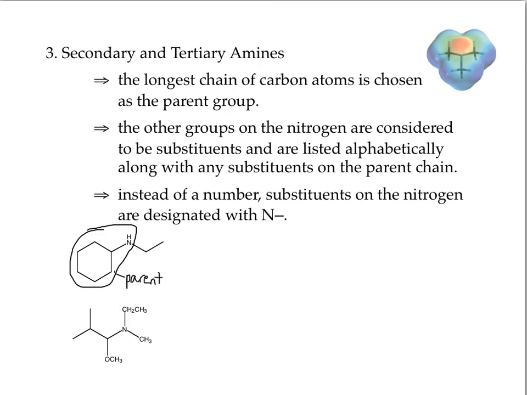And I'll name it as a primary amine with an ethyl substituent on the compound. The substituent happens to be on the nitrogen. So if a substituent is on the nitrogen, you're going to designate it with an N. So instead of 3-ethyl or 6-ethyl, it's going to be N-ethyl. It'll still be alphabetized under E for ethyl, but instead of a number, it will get an N in front of it. So, if we're going to do this one as a parent,